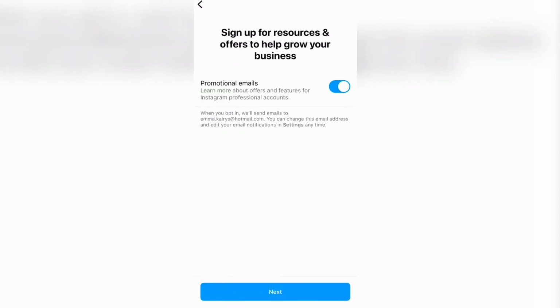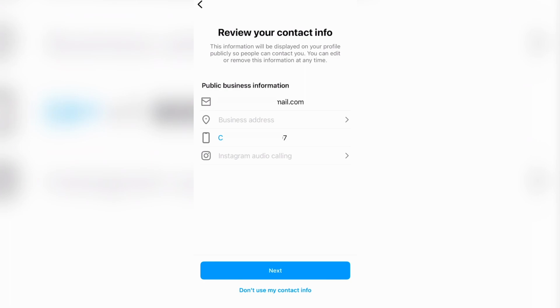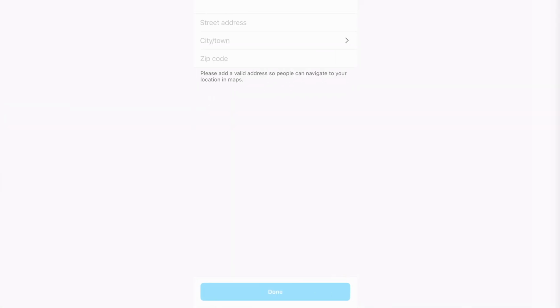You're going to click Next. You can sign up for that if you would like, and then you're going to add a business address. Now, you're going to add the address, the city, the town, and the zip code, and that is all there